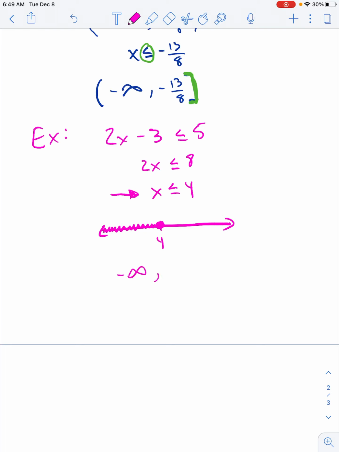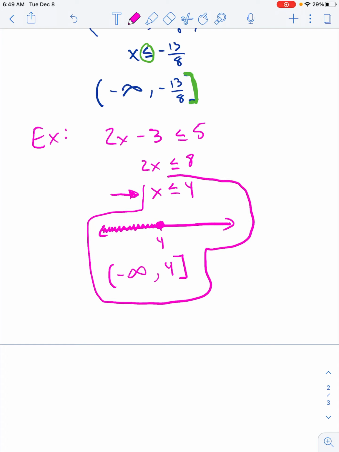And then in my interval notation, I could go all the way to negative infinity, and the largest possible value is 4. 4 is included in the answer because it's a less than or equals to sign. So I'm going to put a bracket around that and a parentheses around this. So all three of these ways work as a way to show your answer. If I don't specify which way to put your answer, you can use any of them. If I do specify, you'll need to use the one